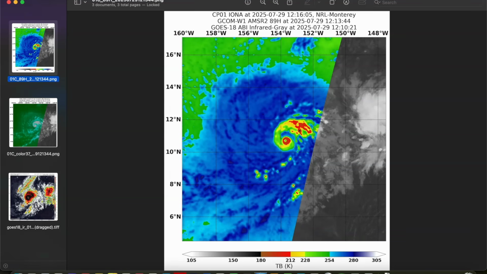And microwave imagery is really good for telling us whether or not that's the case, especially if the storm is disorganized or the eye is covered by clouds. So microwave imagery, which you can find at the University of Wisconsin website or the website called Cyclonic WX,